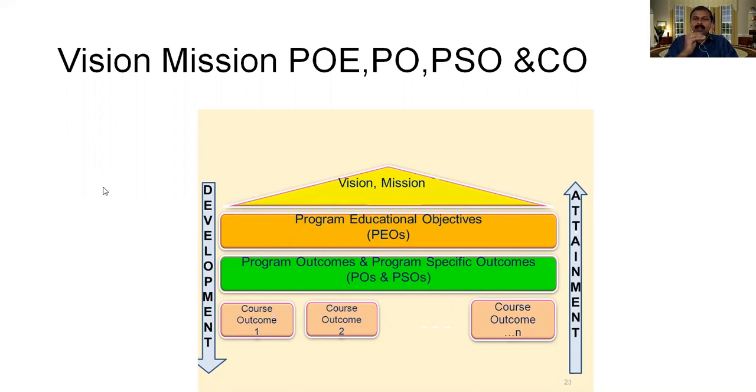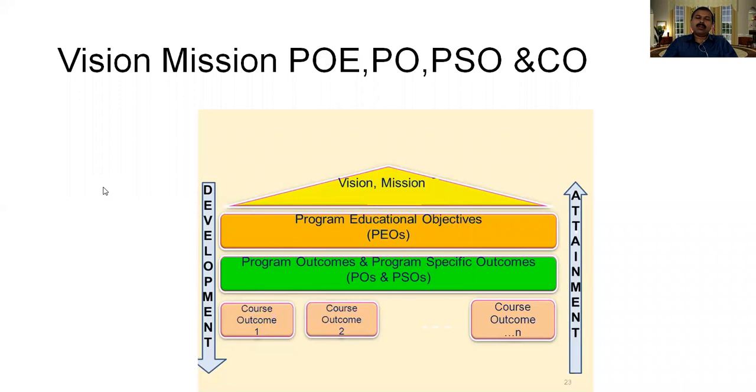We are actually defining what the students from this particular institution will be performing in the society, what they will be doing after 5-6 years of graduation. When you clearly define this, we have the program educational objectives. So this is a tangible or measurable definition of our very abstract concept of mission and vision statement. And this is something which can be observed or measured on our graduates when they are in the society after 5-6 years of graduation.